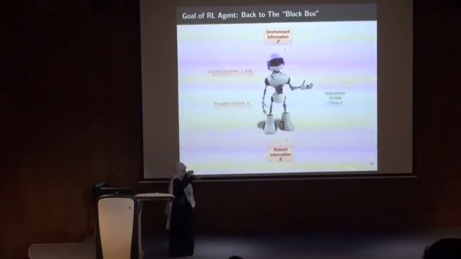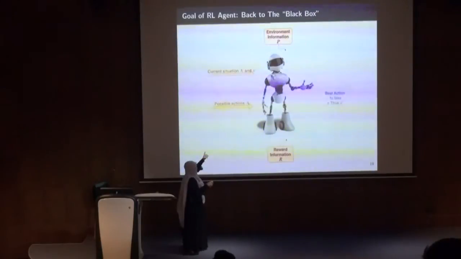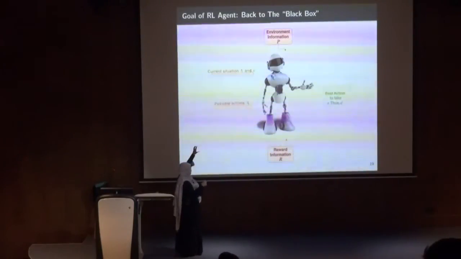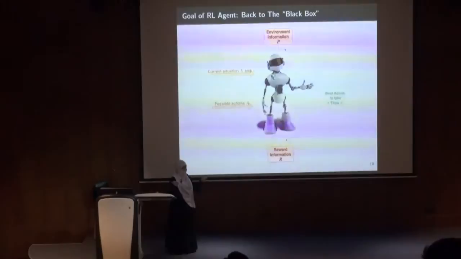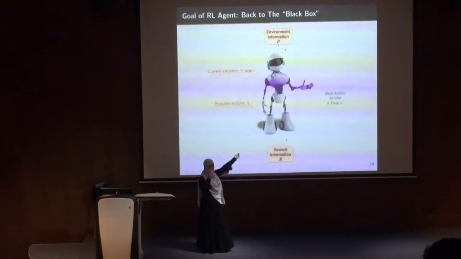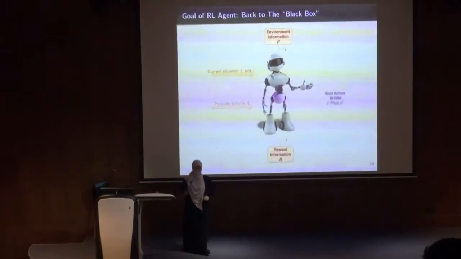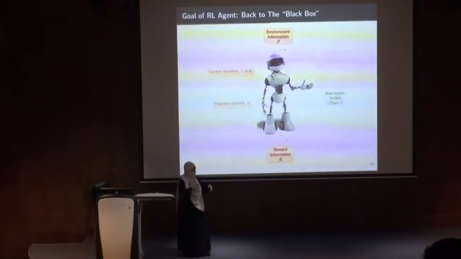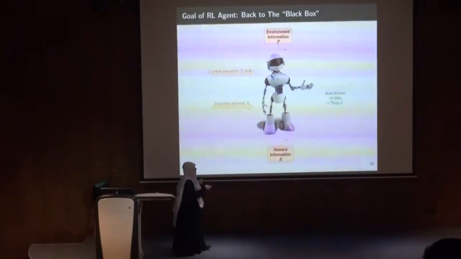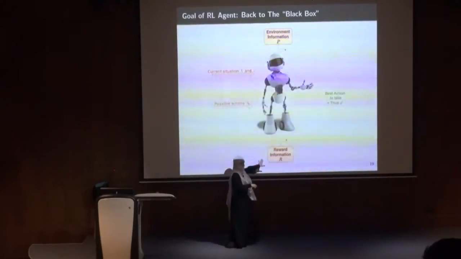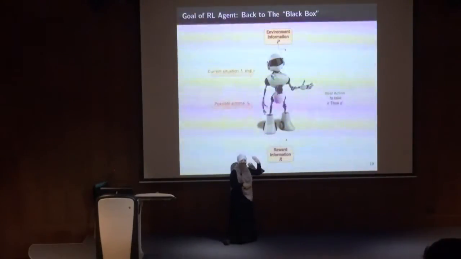So back to the star slide. Now I have the agent. My current situation is modeled as the state space X and the current state X_t. So this is one input. Another input is the set of possible actions. What can I execute as actions? Another input is the environment information, which is modeled as the probability function, as we saw previously, which tells me the probability of ending up in a certain state, given that I was in a certain state and executed a certain action. And I have the reward information as input. And what's my output?